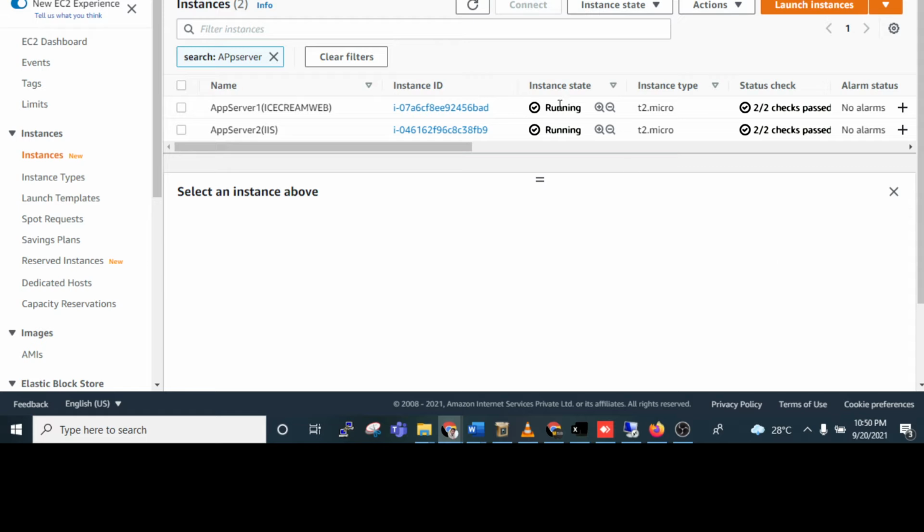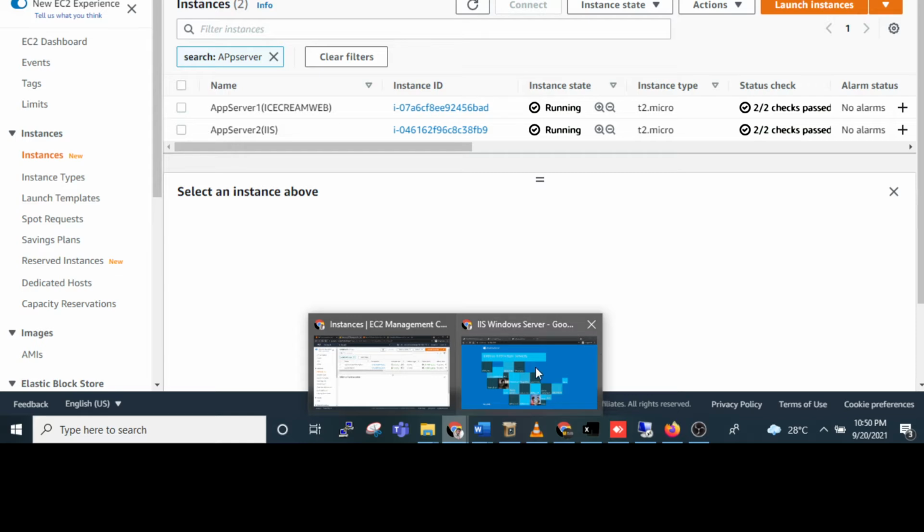So today we will see how we can set up an elastic load balancer. Suppose we have two servers and we need to move the traffic, so that if one server goes down, traffic will go to the secondary server. This is our primary app1 server and app2 server. Using the load balancer, we will create the architecture like I will show you here.